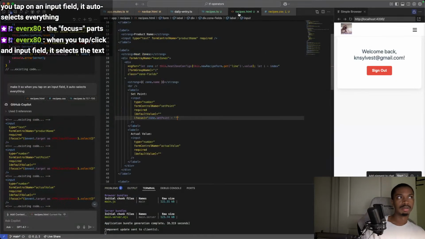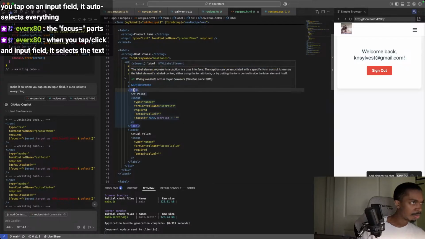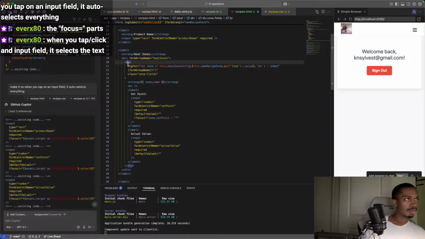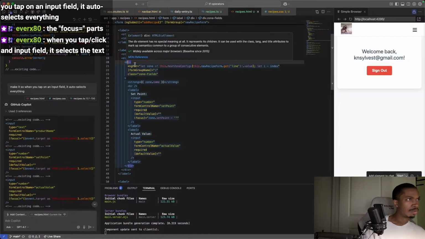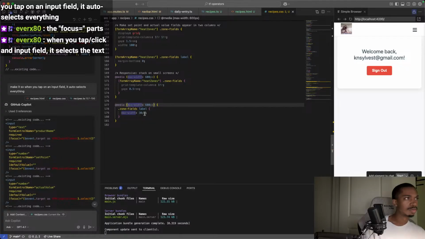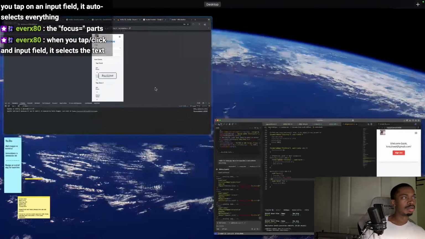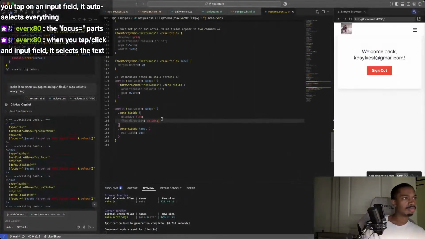This whole label. No. What is this? What is this called? Zone fields. Zone fields label. But for dot zone fields, I need that to look like, no,